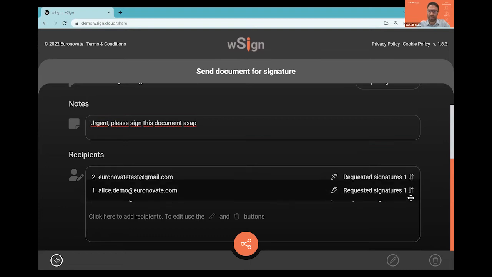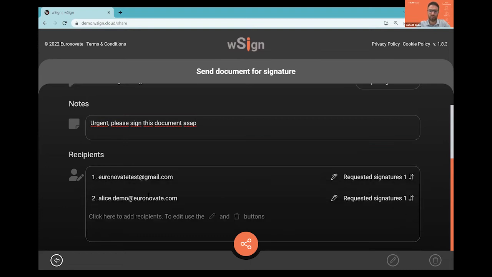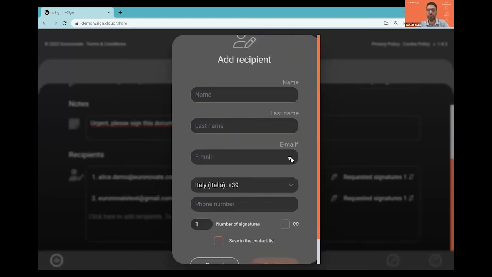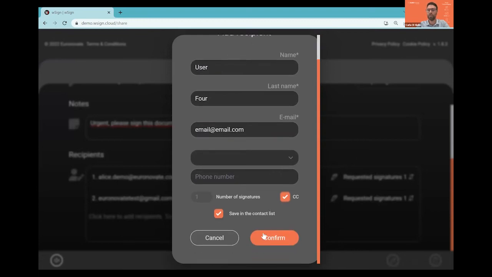About the recipients, I can always change the order of the signatories. As you can see now, the first one in the order would be Bob. This is his email address, but I actually want to stick to the original plan. I can always add new signatories. In this case, they won't have a signature field predetermined. Let's say that I go with the generic email of user 4. I can also determine this user to be simply in carbon copy, so he or she will see a copy of the signed document at the end of the process, but this person won't have access to signature